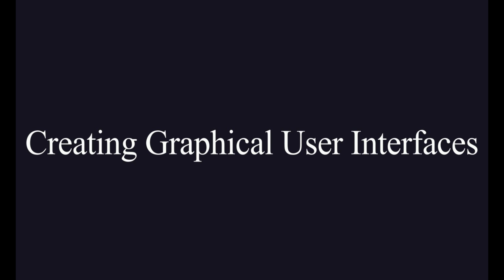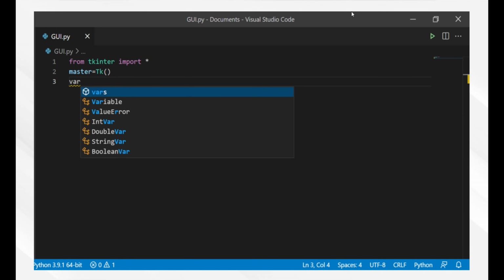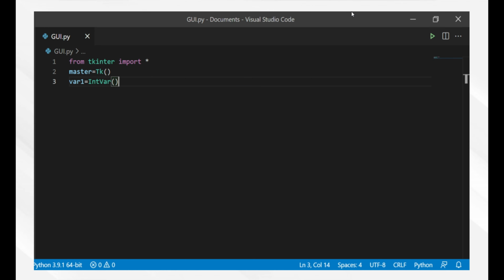Creating a graphical user interface. Being able to interact with your code through a graphical user interface so anyone can test what you have developed. Python's libraries like Tkinter, PyQt and Kivy will help you create a GUI with buttons, windows and lots of other widgets that make it easier for the user to interact with your application.